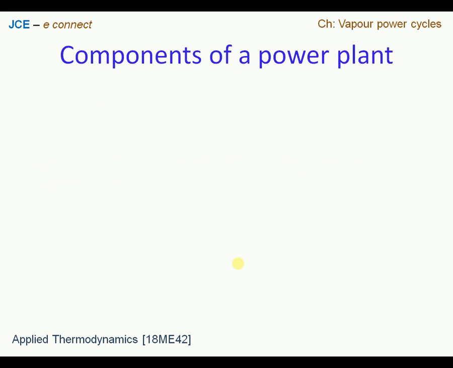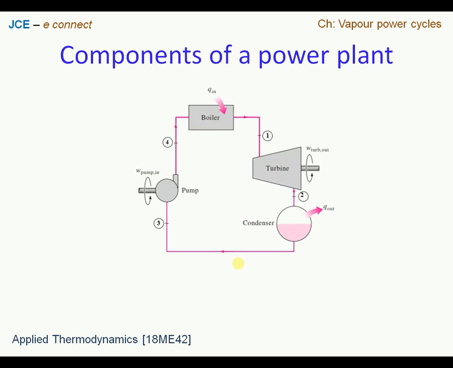Let us now look at the various components of a steam power plant. So we have four components here. The first one is the work developing device, that is the turbine, through which we extract the shaft work, followed by a heat exchanger, where we have a condenser where heat is rejected, and then we have a work absorbing device, that is a pump, followed by the steam generator, which is a boiler here. So we saw that across the components, the working fluid, as it flows, will go through a change in its phase,